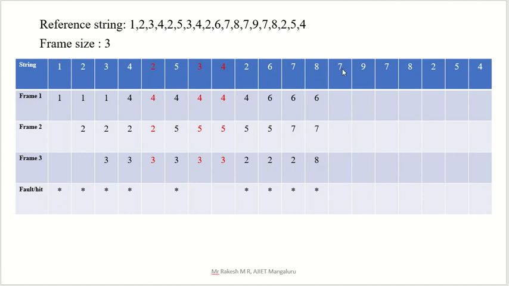And 7 is asked, is there an entry for 7? Yes, out of these 3 we have 7 here, that's why no need to capture from secondary memory. So you are getting the same entry here also, but that is a page hit, so no need to enter a star here. I will change that color.